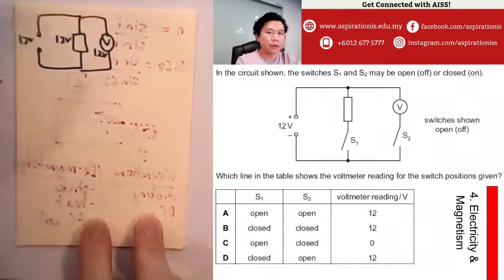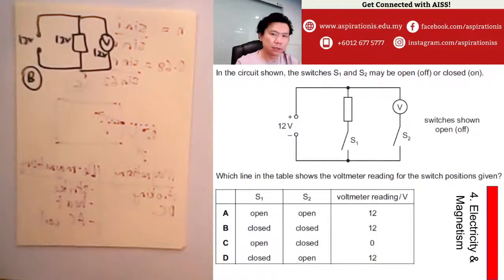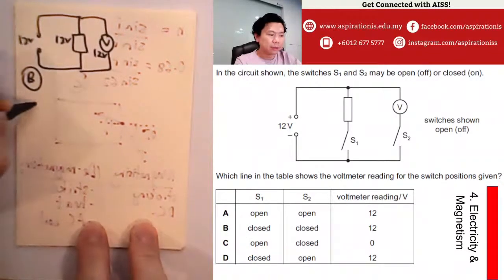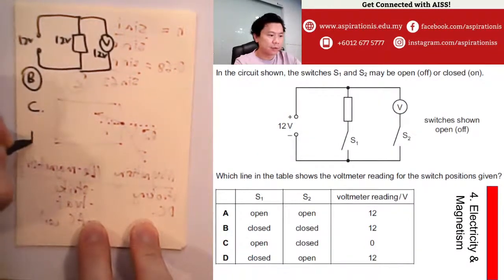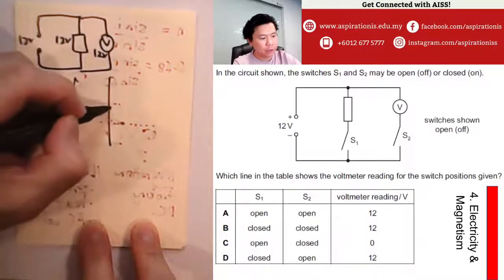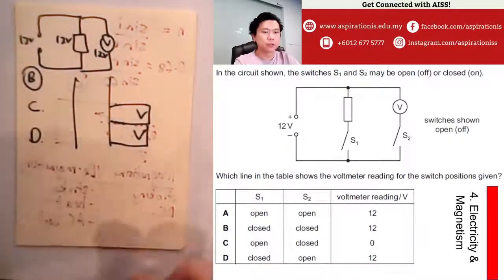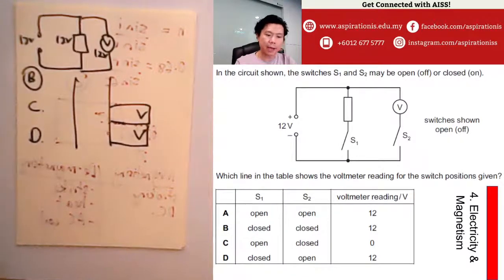Okay? Now, so the answer is B. Are you all clear? Alright? Anyway, for C and for D, right, I need your help. I need you to tell me what is the correct voltage. So in the chat, can you please type down C, what is the voltage, and D, what is the voltage? Is it 0? Is it 12? Is it 6? Is it 1? Is it 2?